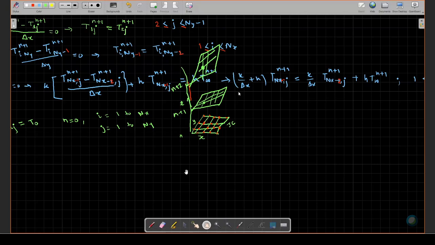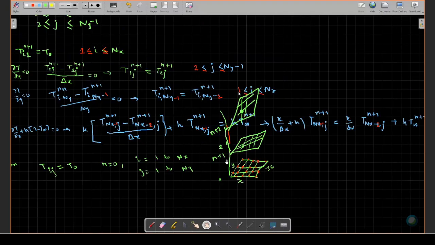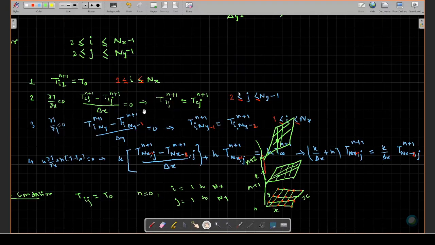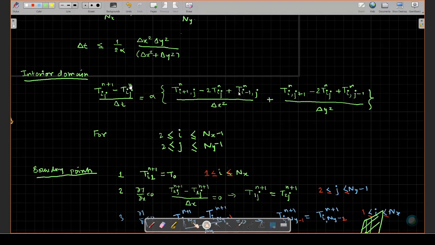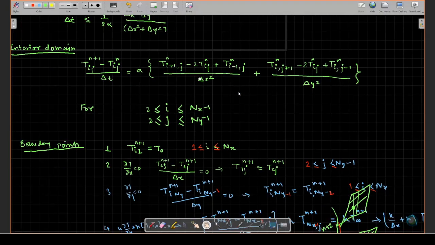What we have to do is simply add n = n + 1. If you add n = n + 1, it will become n + 2, and this will become n + 1, this will become n + 1, n + 1. Now for the second time, n = 2, and these will be known values. That is what it means. Are you clear now?